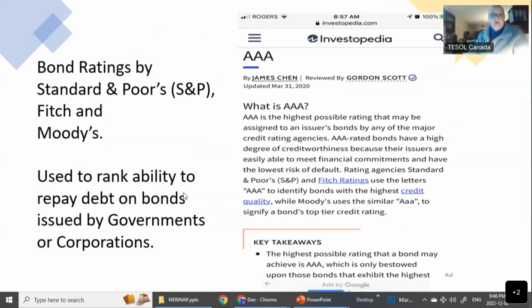And these bond ratings are used to rank the ability to repay debts on bonds that are issued by governments or corporations. Does anybody know why a government or a corporation would issue a bond, why they would sell bonds to investors? So why would a government sell bonds? Sir, they sell bonds to the